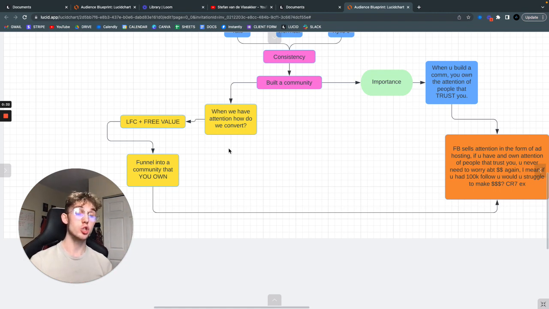And once you've got them in the community, which is like a funnel, right? Short form content, long form content, community. You can do what you want, right? You own the attention, you own the community, do what you will at that point. You can sell to them, you can engage with them, you can present to them, whatever you want to do at that point is totally up to you. But then you've made it to a community of people that already know, like, and trust you. So selling isn't hard anymore. And if I can say one thing, don't sell in Instagram videos, sell in a community. It's a lot easier and it comes across a lot better.